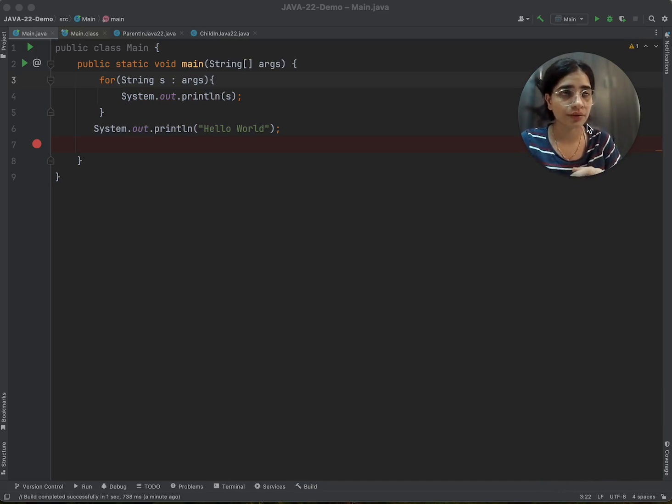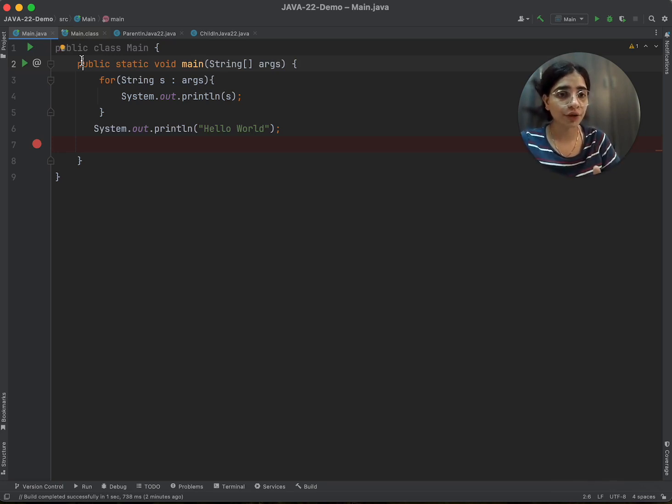We all know execution of a Java code starts from this static main method, right? We have a syntax that we always have to follow, which is public static void main, then string array arguments, right? But this is very difficult to understand for a newcomer, for a beginner. Let's say a person is coming into Java, he wants to try out Java, and now whenever he wants to print hello world, at that time he has to do everything. So the point is, teachers or maybe instructors cannot teach this to a beginner, right?